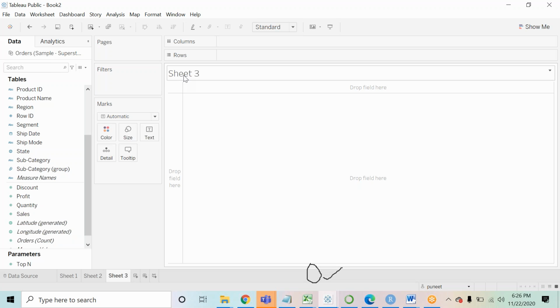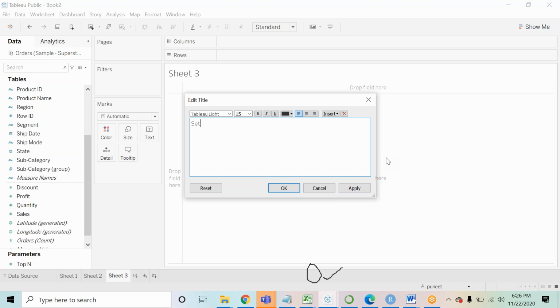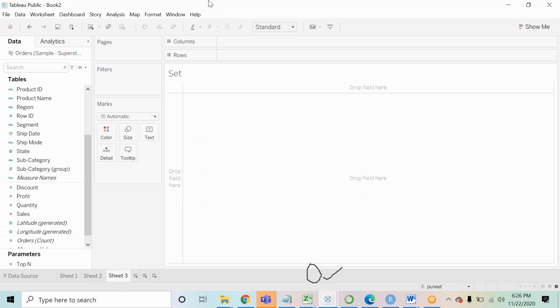So now the next thing that we will be seeing over here is a little bit advanced feature of groups, and that is called a set. Okay, so we will be seeing how we create this. Now let me ask you a quick question over here. Okay, so what I would like to do is, suppose